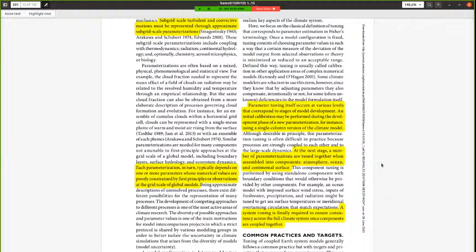They then go on and explain a bit about the stages where parameter tuning happens. First of all, there appears to be an initial parameter tuning phase when people first set up their models, often on a locally restricted version of model runs, for instance, single column versions of a climate model. Then